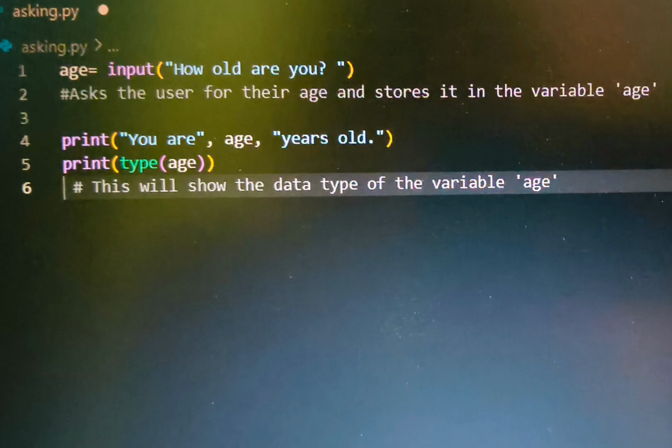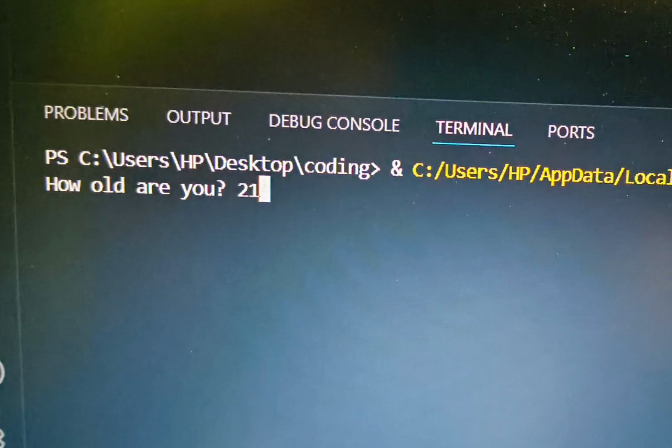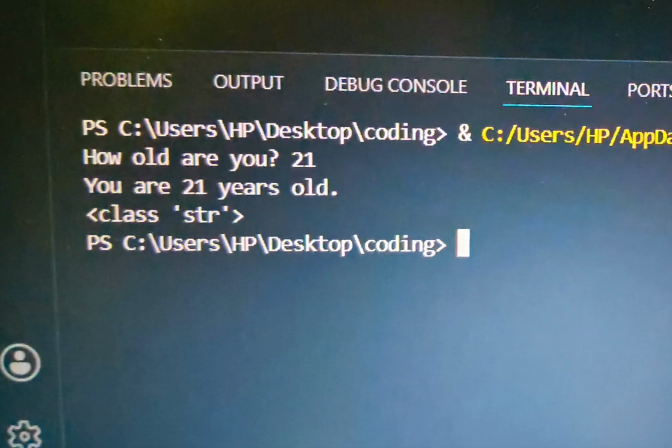And in the comment I have written also this will show the data type of the variable age. I think you can understand. In case of any query you can ask me in the comments also. So when I will run this code, first the user can see how old are you. Now the user has to input the data about his or her age. I am writing here 21, then I will press the enter key, and after pressing the enter key my output